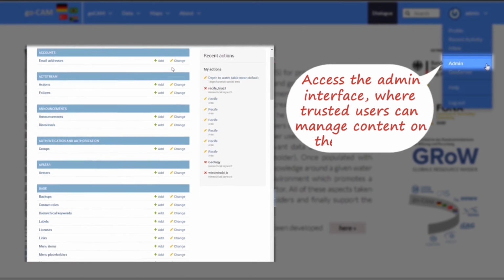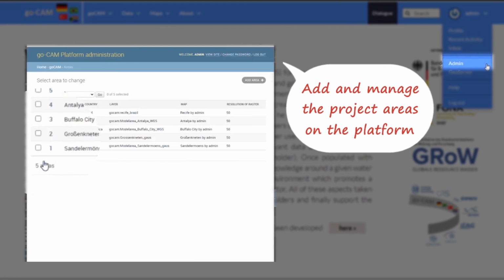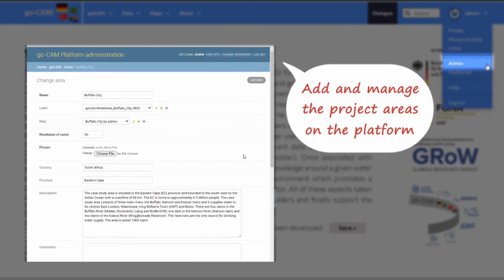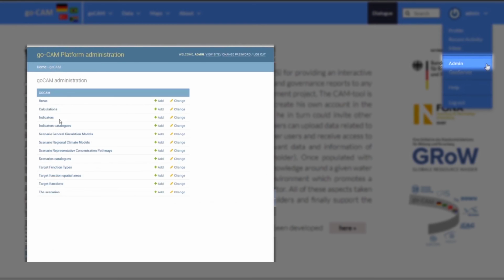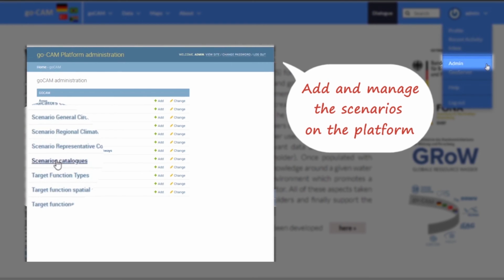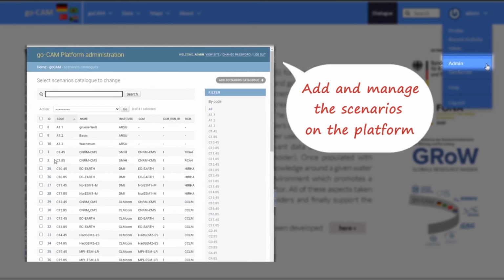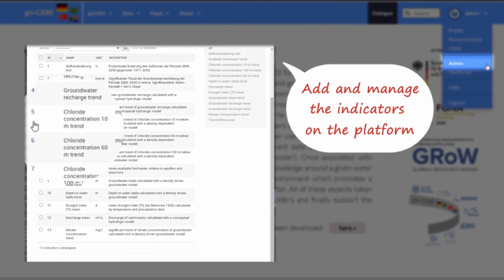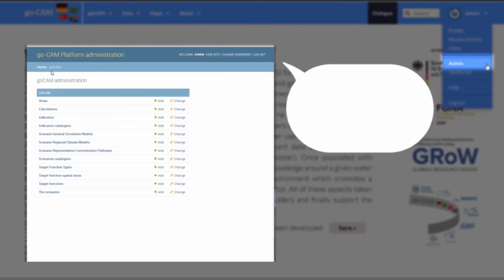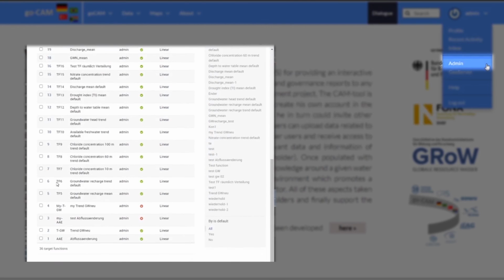All the previous presented features and processes were done on the client site. The platform has additionally an administration interface, which provides a quick overview and management tool over the database. The content on the platform can be managed here, including project area, scenarios, indicators, default functions, layers, documents, users, groups and their authorizations,